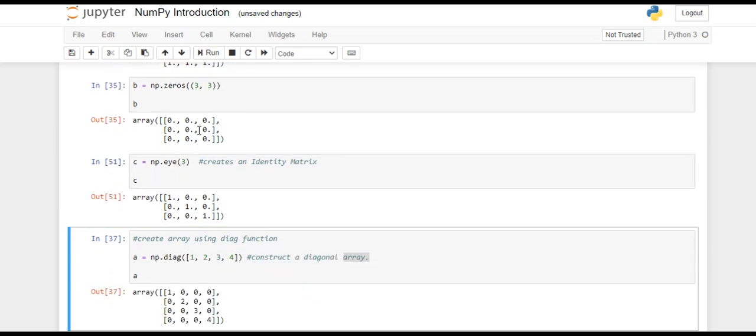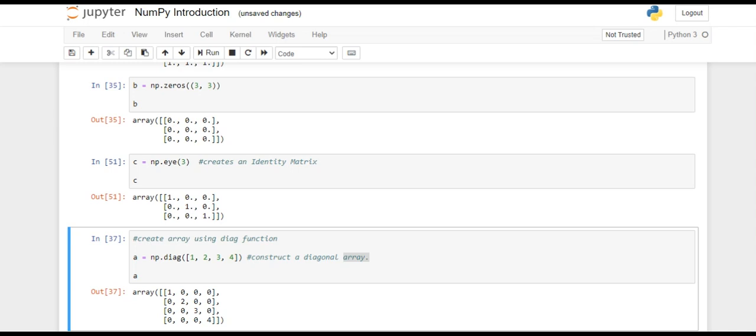We will also require to create an array of zeros. The array of zeros is created in the same way as it is created using ones. And the next part, we will create an identity matrix. This matrix is very useful while we are dealing with inverses of matrices. This will take only 3 or 4 as an argument. The 3 or 4 may be specified as the dimensions of the square matrix.